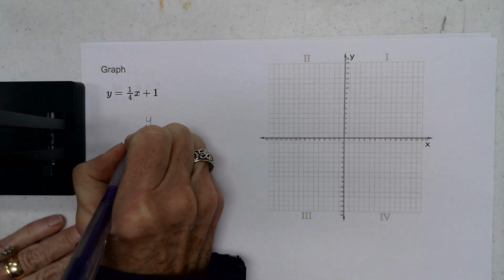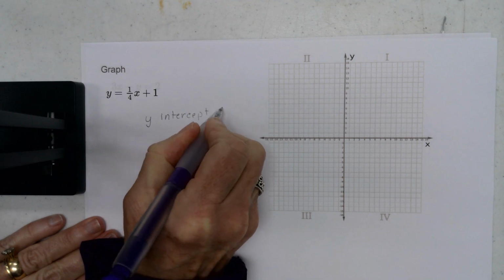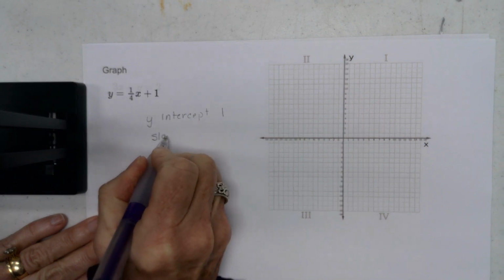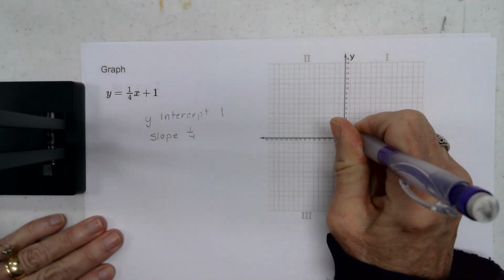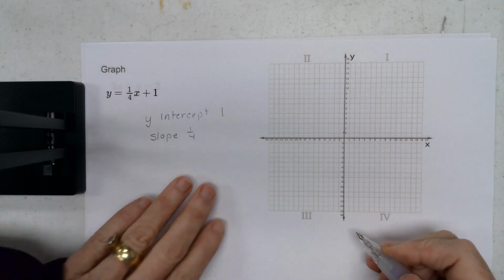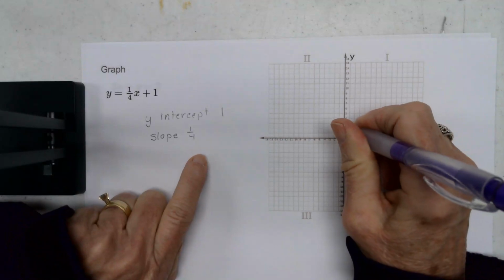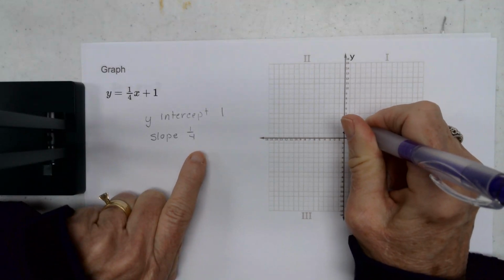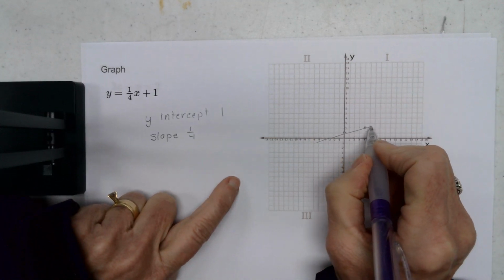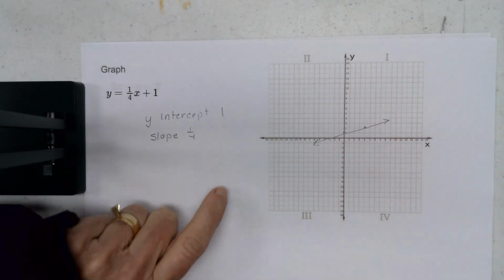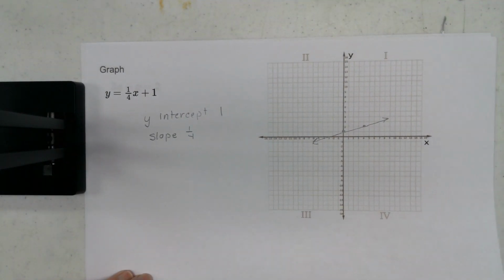Okay, y-intercept is 1. Slope is 1/4. So I'm going to put my dot on my 1 where it falls on the y-axis. And the rise is 1, the run is 4. So I go up 1 and over to the right 1, 2, 3, 4. And I draw the line through those two. You can see that this is way easier than making a table or even finding the x and the y